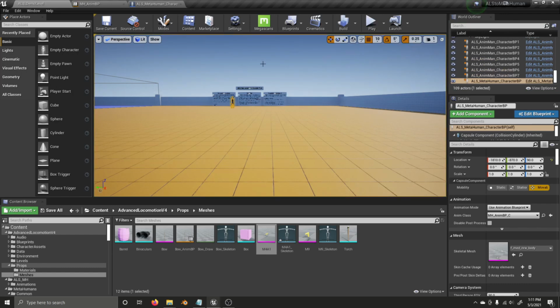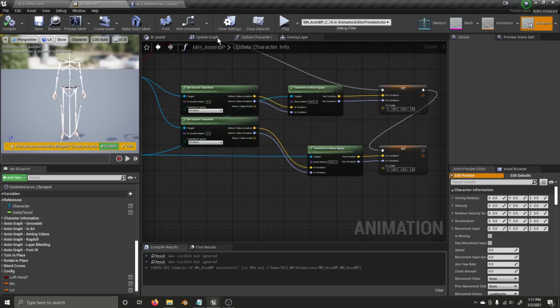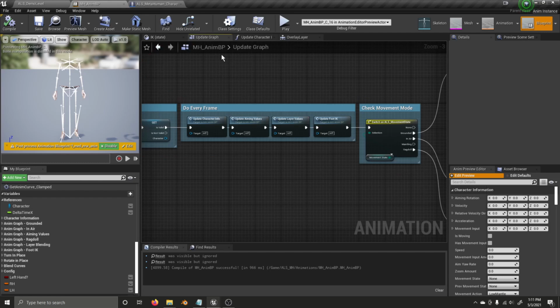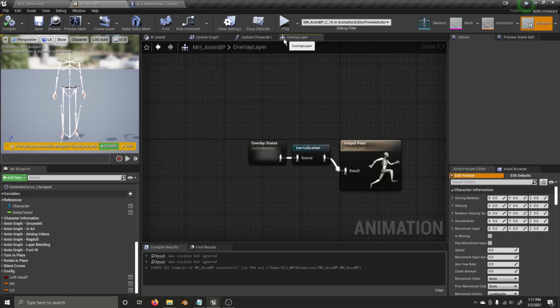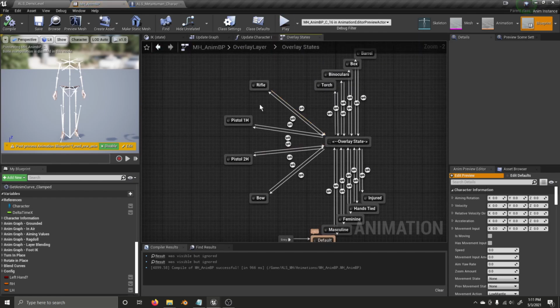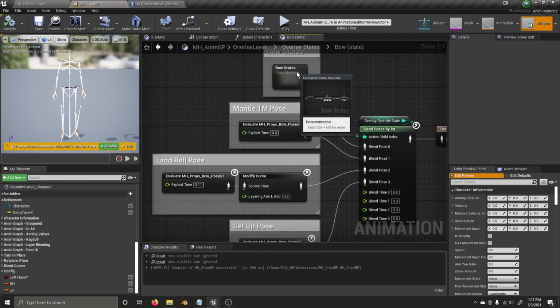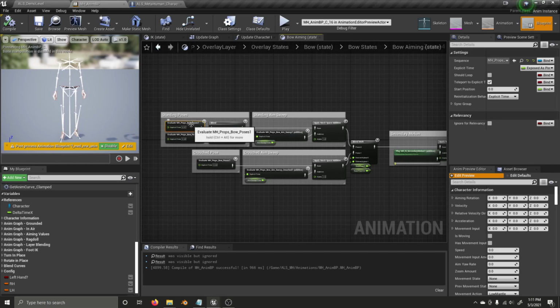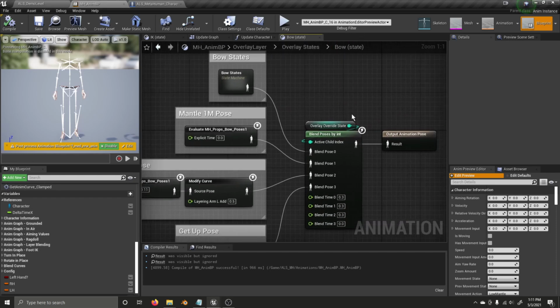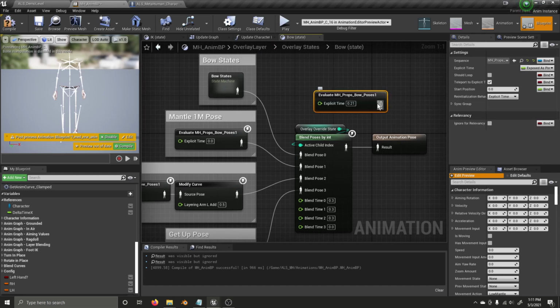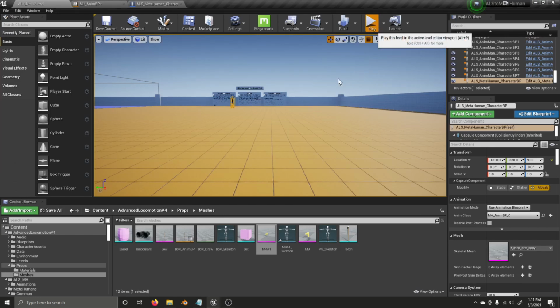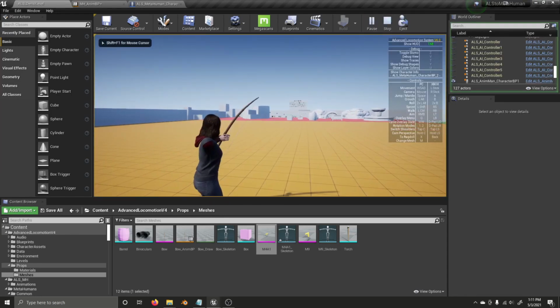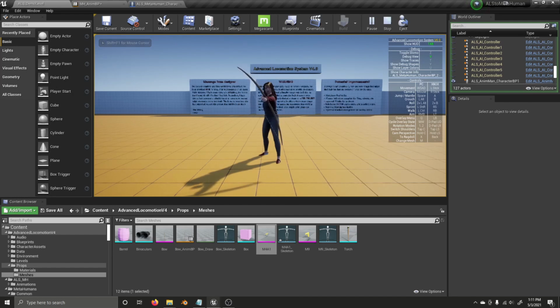So let's go into our animation blueprint, our update graph, and the reason I'm doing this: if we go into our overlay states and our bow here, just so the bow stays drawn and it's easier to move stuff around and watch without the character moving the bow around, we're going to copy that, paste it in here, and connect it. Now if we hit play, go to the bow, V to debug mode,